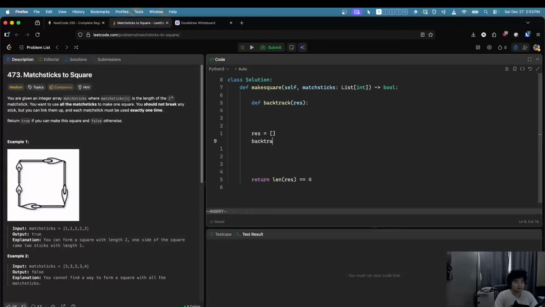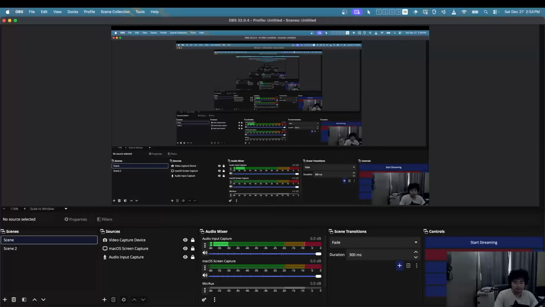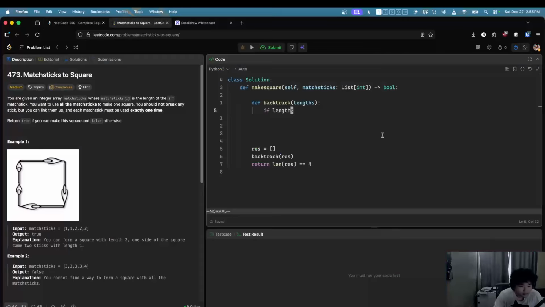Backtrack res. Let's do this lengths. So base case is if lengths, I guess, so if lengths,